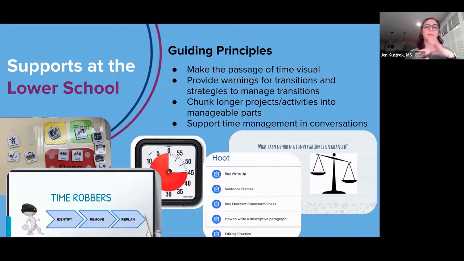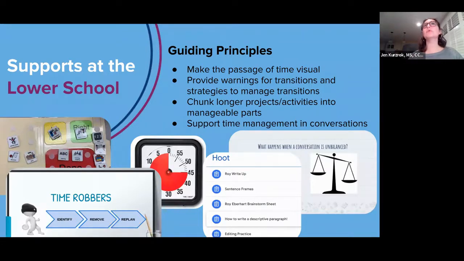And that helps them to start to build that sense of what's a big amount of time, what's a smaller amount of time. Helping students sequence is also helpful. So we use a lot of visual schedules, both within classes and within their whole day. Over on the left is one that we've used with our youngest students that also works in that structure of get ready, do, done, to help students know this is the sequence of my whole day.